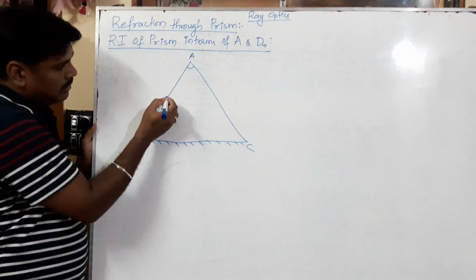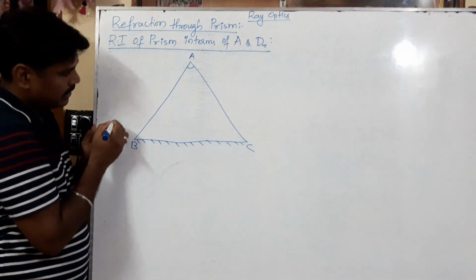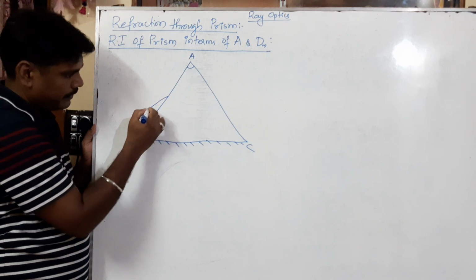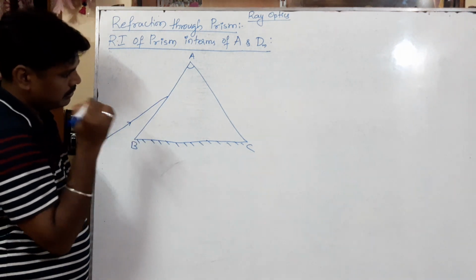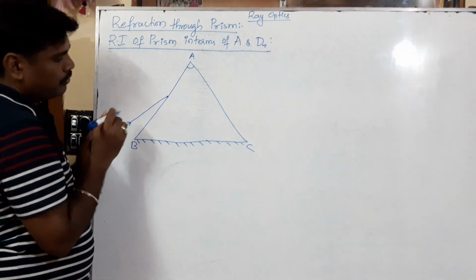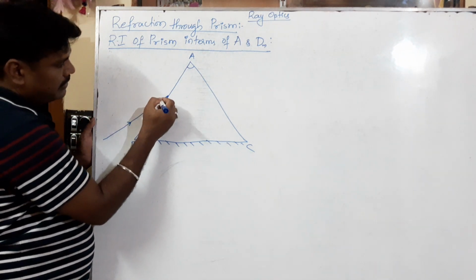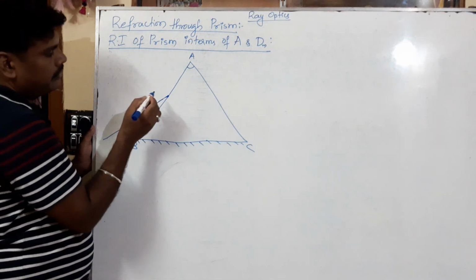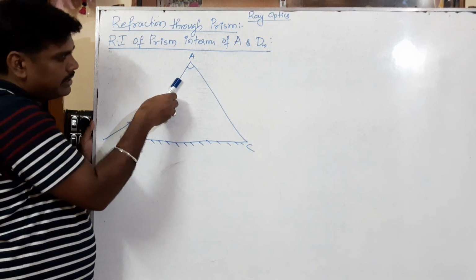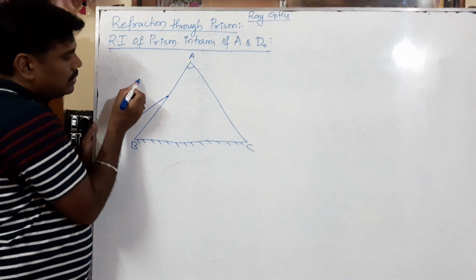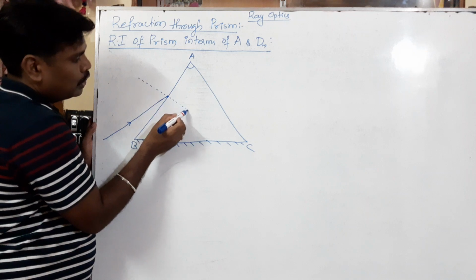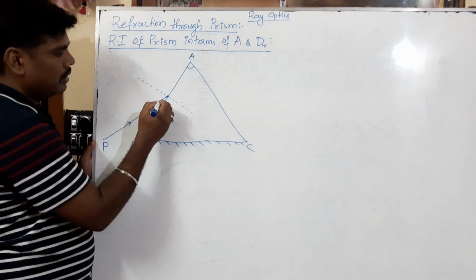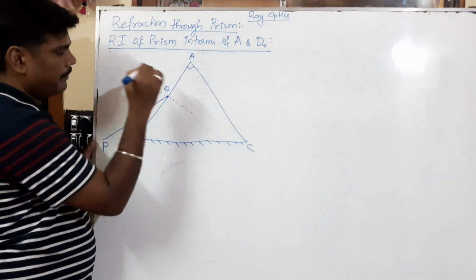Now let us consider an incident ray here. The light is incident at this point. We should write a straight line here. This is the incident ray, which is incident at this point. For every point of incidence, you know what we have to write? We have to write the normal drawn to the point of incidence. Normal means for this plane surface, we should write a perpendicular. So this is the normal drawn to the point of incidence. So PQ is an incident ray.